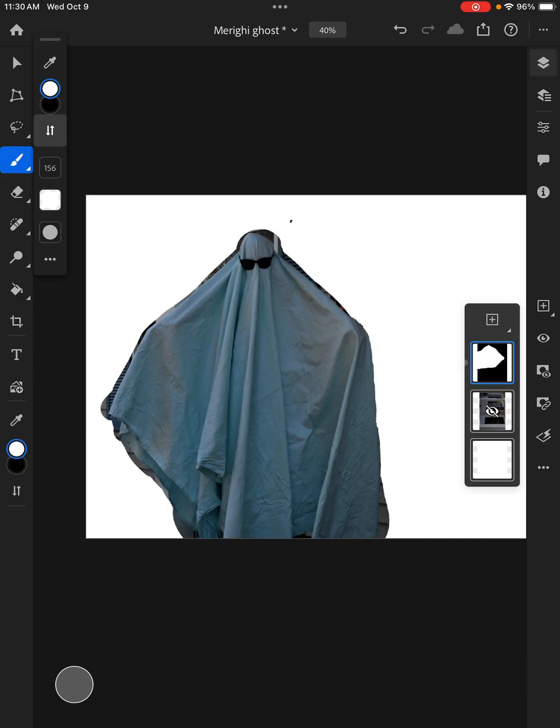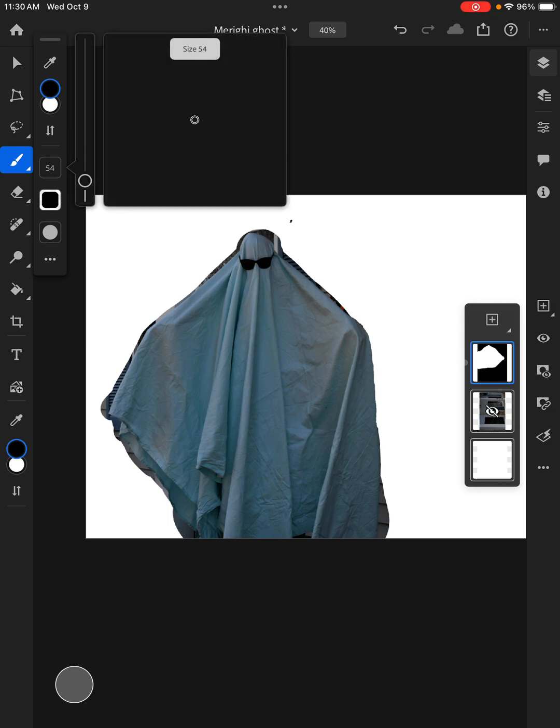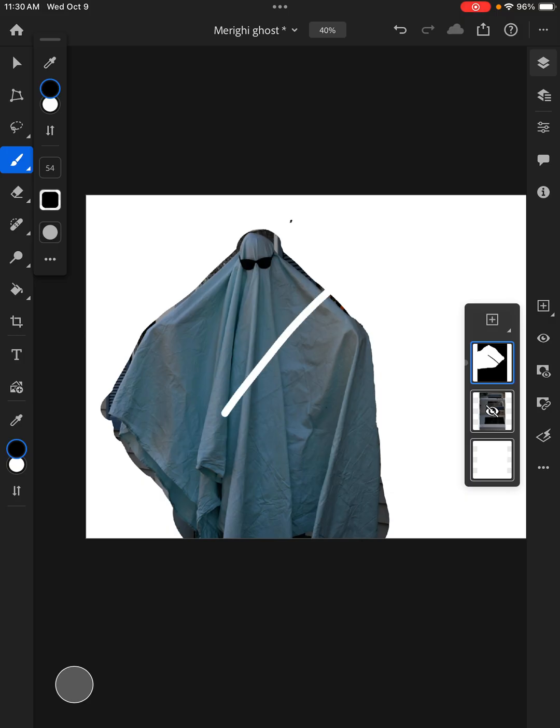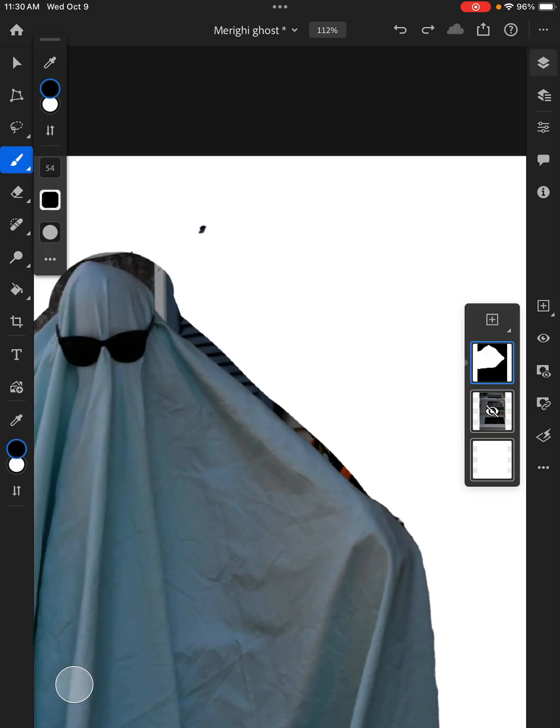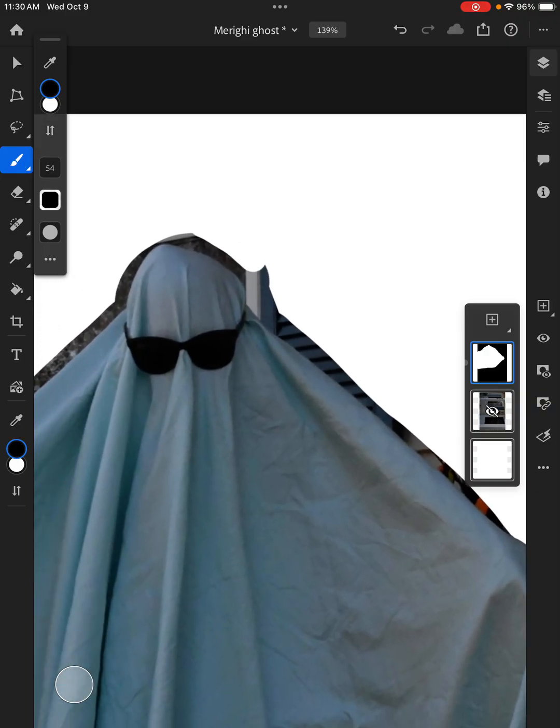Once you've done that, then you're going to switch to black. Now at this point, I'm definitely going to want a smaller brush. Now the black, remember, black deletes and gets rid of that original photo, hides it. So I'm going to zoom in, zoom in, and I'm going to take my time to slowly cover up with the black brush with that clipping mask